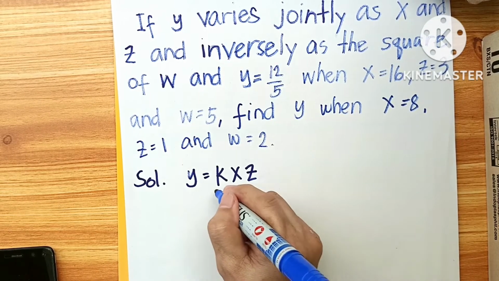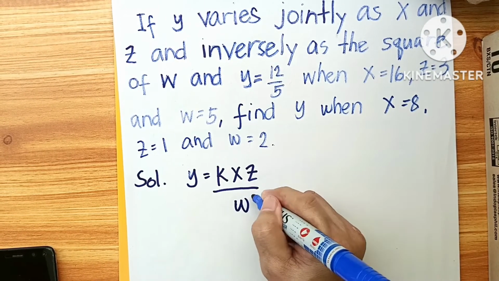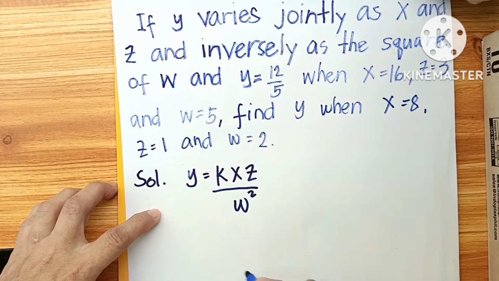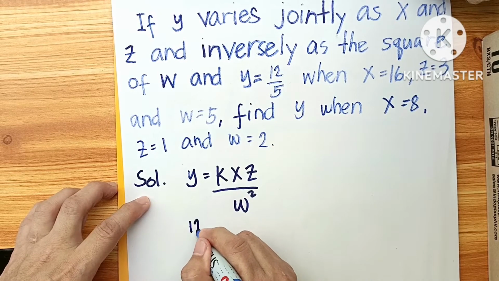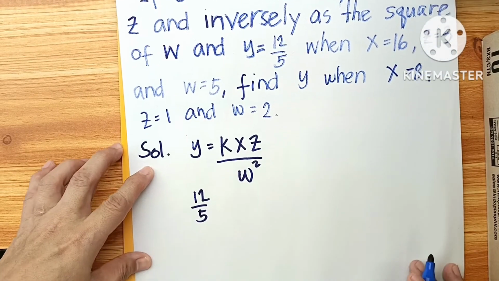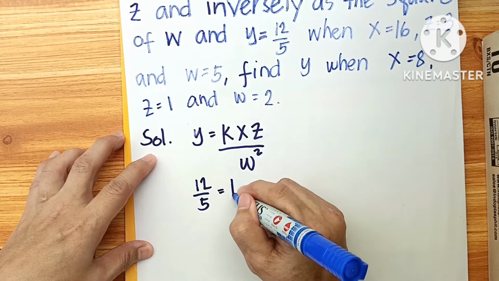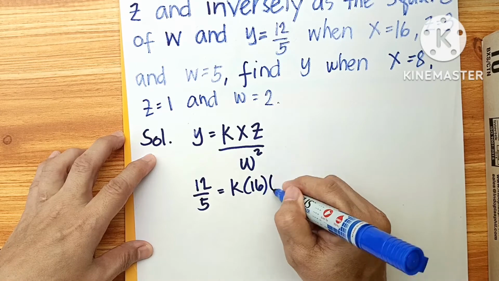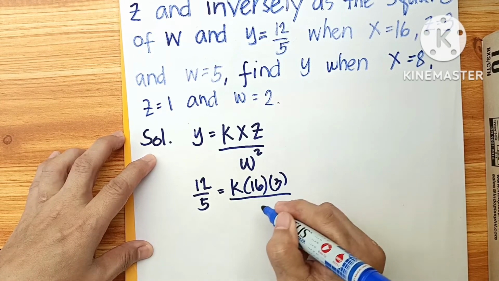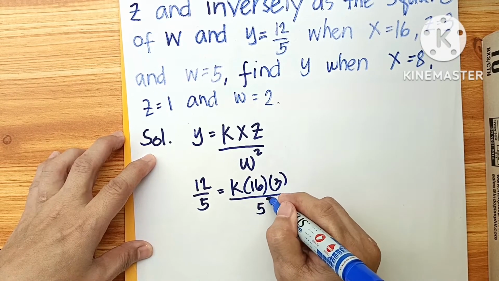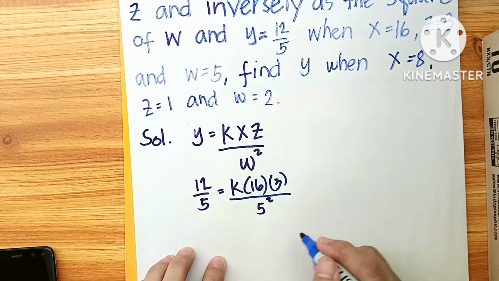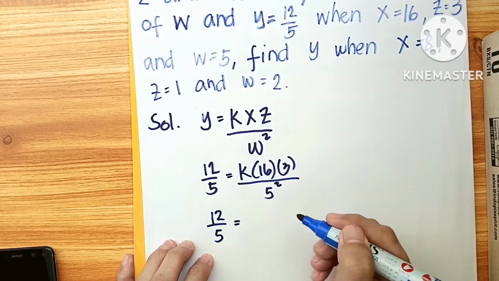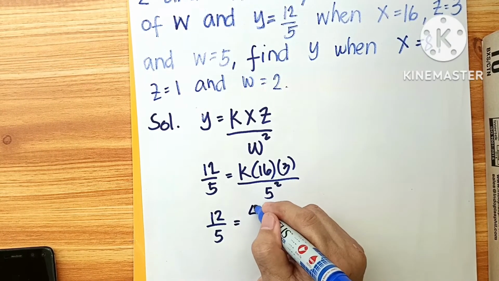And inversely as the square of w. Okay? Now, we substitute the given values. y is 12 over 5 when x is 16, z is 3, and w is 5. So that's 5 squared. Okay, so let us simplify further. We have 12 over 5 is equal to, this is 48, okay,